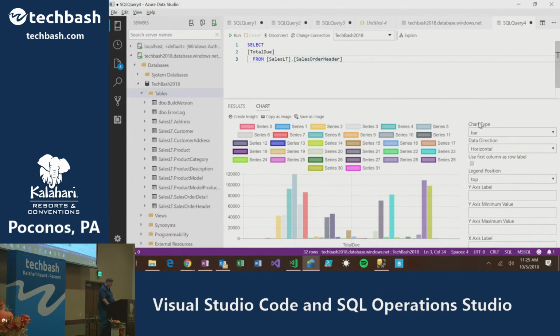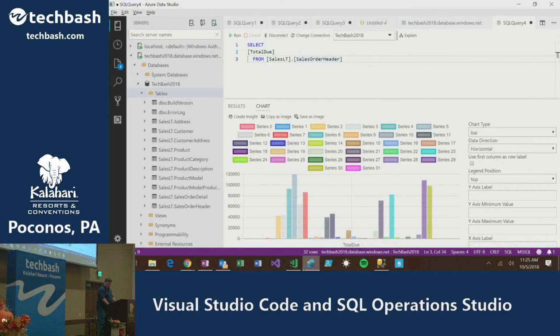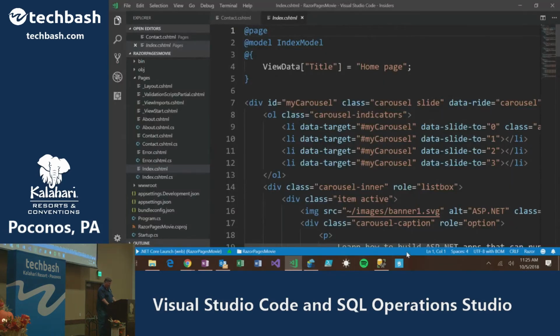Okay. Now, what are some other things we can do with both products that would be helpful to you? Well, the next thing I want you to do is we're going to look at what's called the terminal.